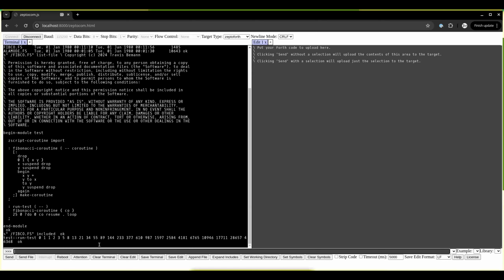But anyways, the key aspect of Zeptoscript is that it tries to be as Forthy as it can be, or at least Zepto-Forthy as it can be, while providing dynamic typing and garbage collection. And because it's garbage collected, it can allocate anything it wants to a heap and you don't have to worry about it. Like for instance, here we are defining